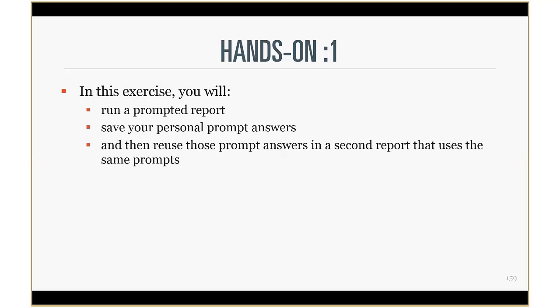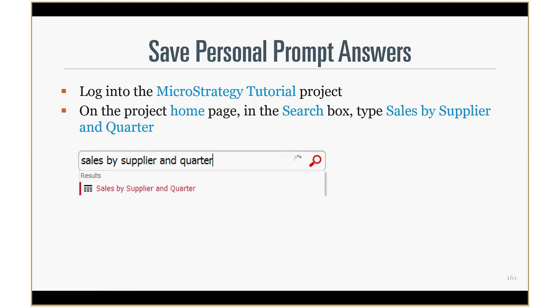In this exercise, we are going to open a prompted report and run it. We are going to choose some prompt answers and save them. Then we are going to open a second report that uses the same prompts, but instead of reselecting my answers, I'm going to reuse those prompt answers. Detailed instructions: we log into MicroStrategy and search for the sales by supplier